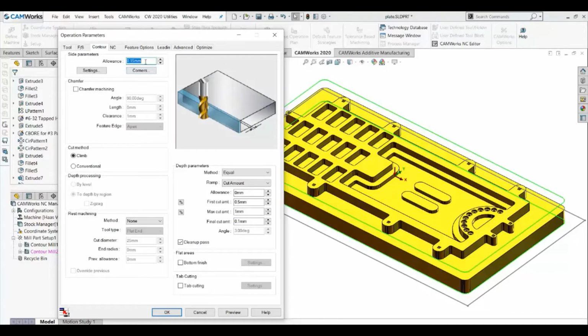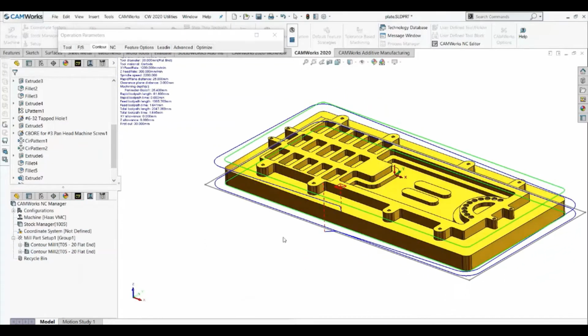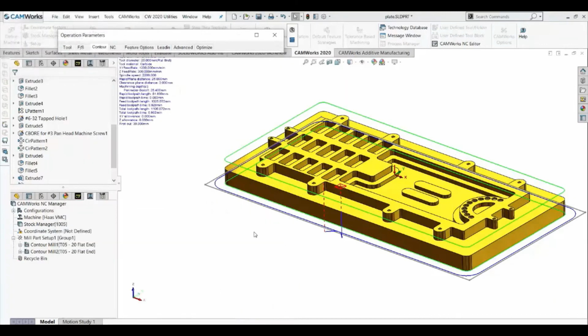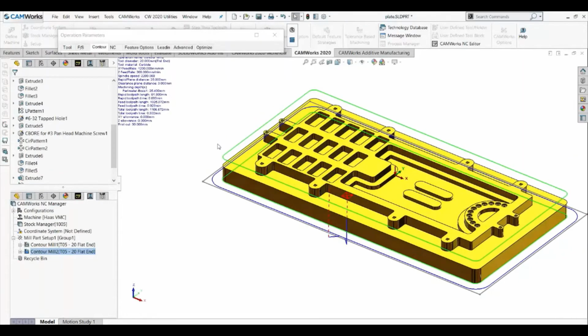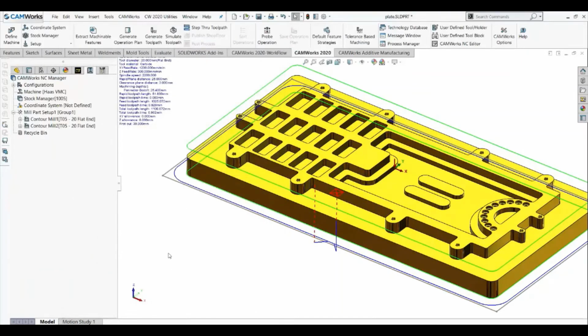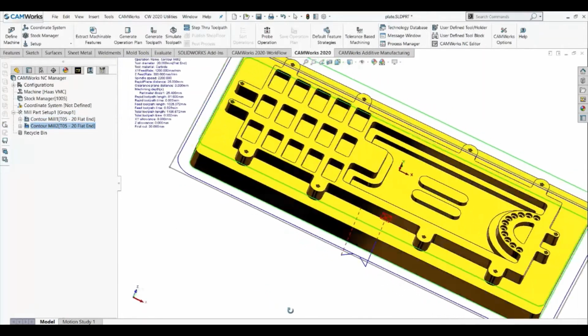Over here I will make the allowance 0 because I want a final path, and for the first cut itself I make it a 30 mm pass. Okay, so it will generate a single pass, and I will change this cut amount to ramp off. So it will do an entry once, and then it will remove 0.15 mm in a single slot. So it is a solid carbide cutter, so it will help to improve the finishing of the faces of the model. So in this way you can have two toolpaths. One is used for roughing purpose and the second will be used for the finishing purpose.